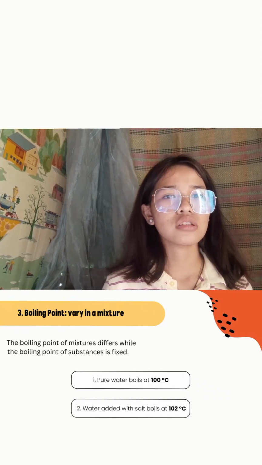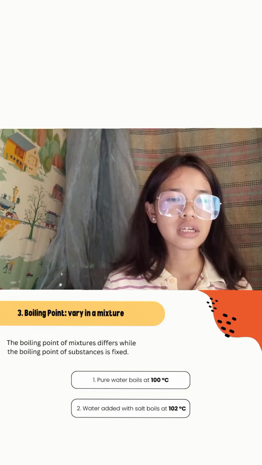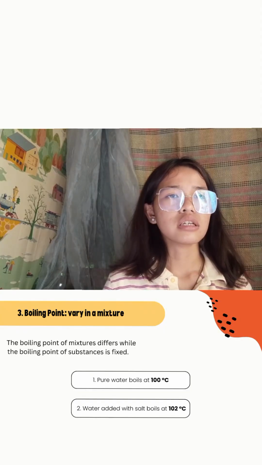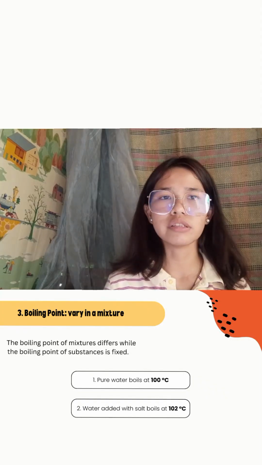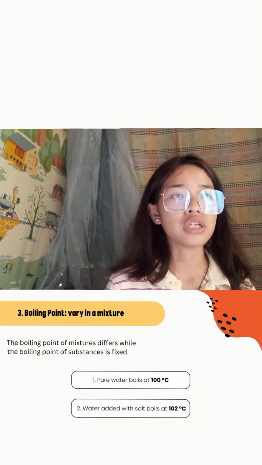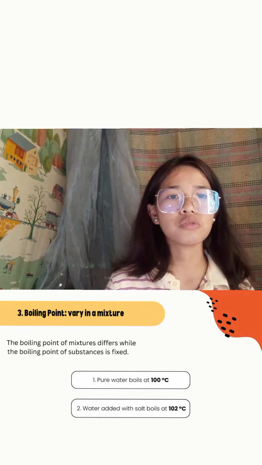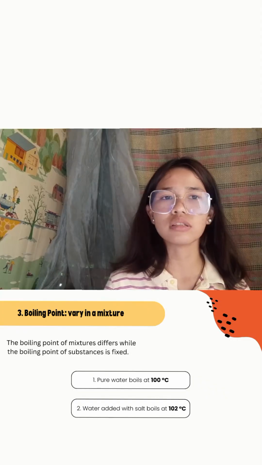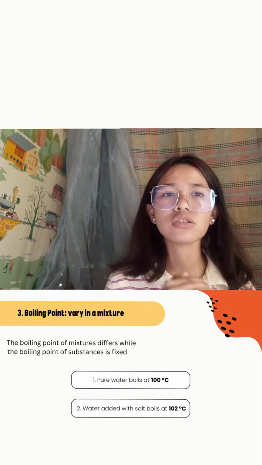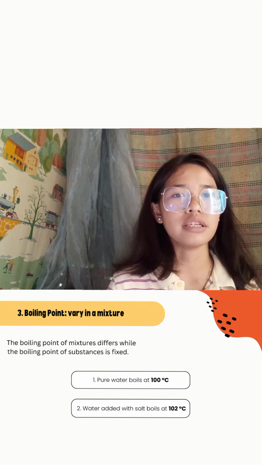It could change. Okay. If it is one substance, in terms of boiling point, it is fixed at 100 degrees Celsius. But if you add another substance, the boiling point will change. So mixtures greatly affect the boiling point. Okay. So next we have,